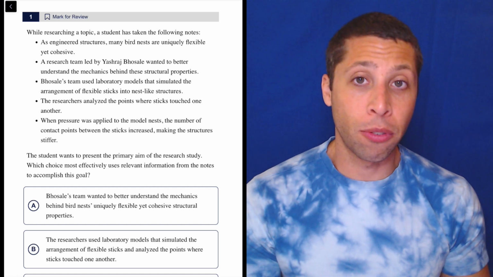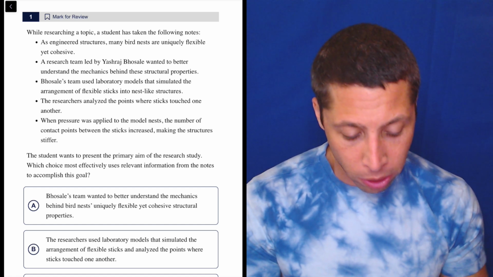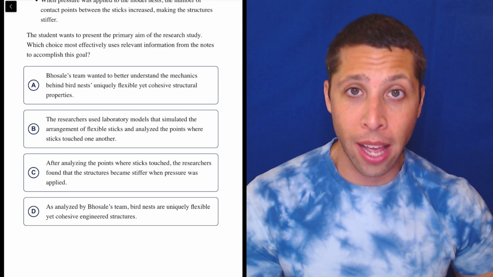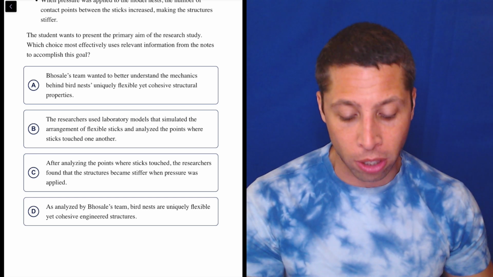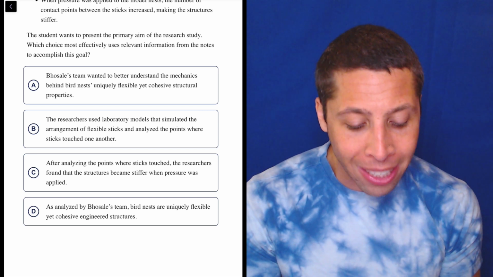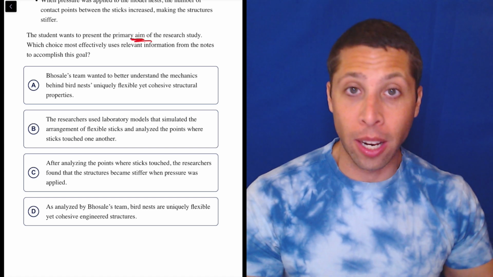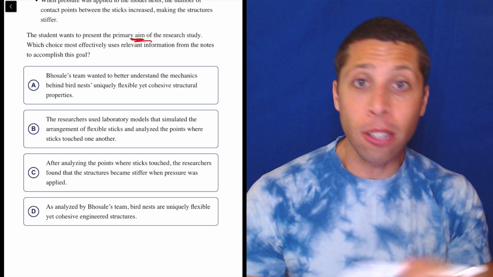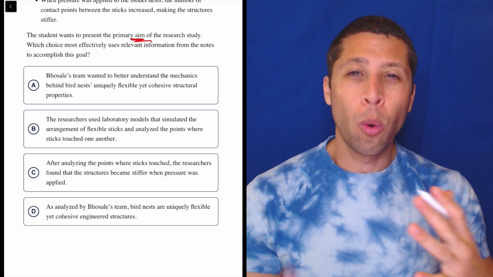Remember, the main strategy for the outlines is we're not going to read the outline at first. We're going to go right to the question itself and focus on strong words in that question. They are giving you specific instructions. The student wants to present the primary aim of the research study. That word stands out to me because whenever we talk about studies or experiments on the SAT, we are often